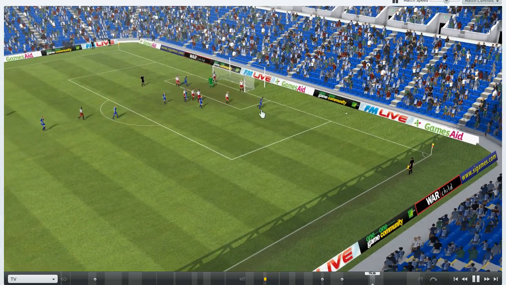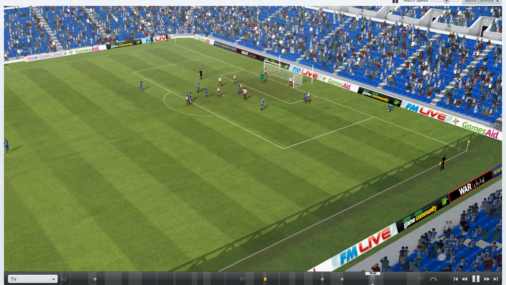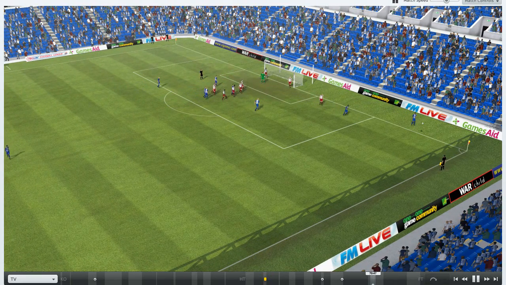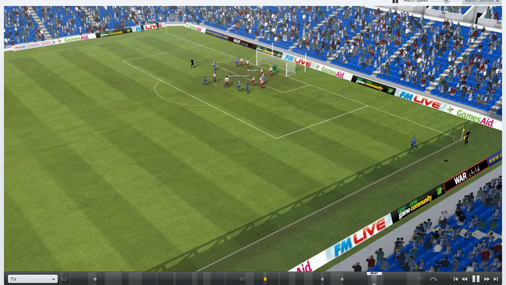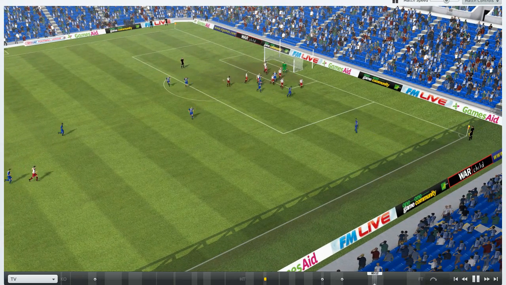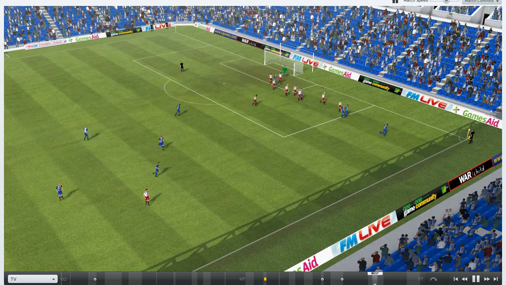At this point of the game, my players are a little bit complacent as I looked, and I usually play in a 2D match view, alright, and at maximum speed, so I usually skip the long-windedness of the game. But I don't know, for your viewing pleasure, I just play in 3D. Anyway, at this point of time we are getting sloppy because we are hit for 3 goals, and